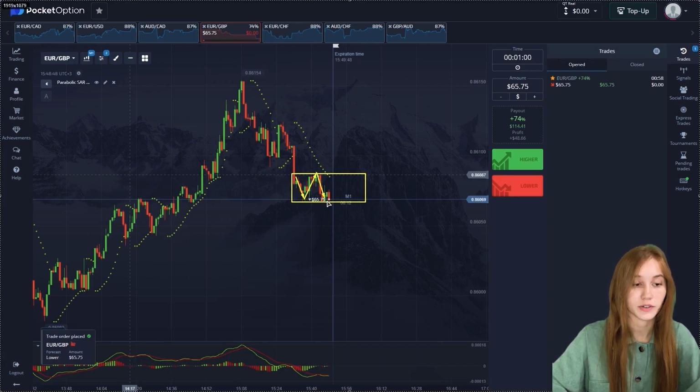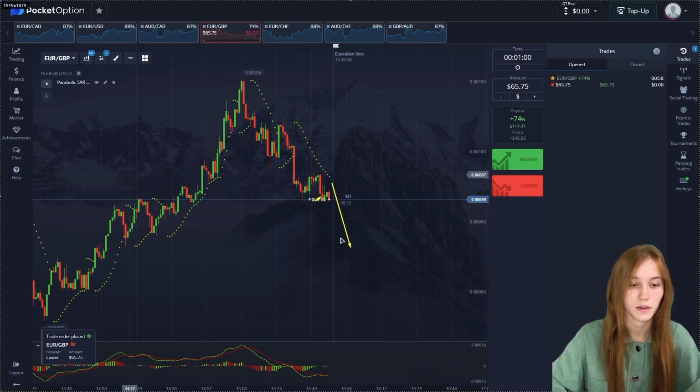And general trend is stable. And trend is now starting to slow. We have 3 candles with decreasing